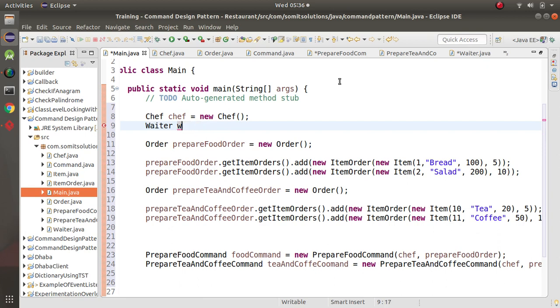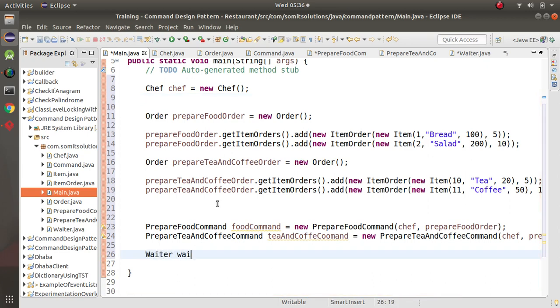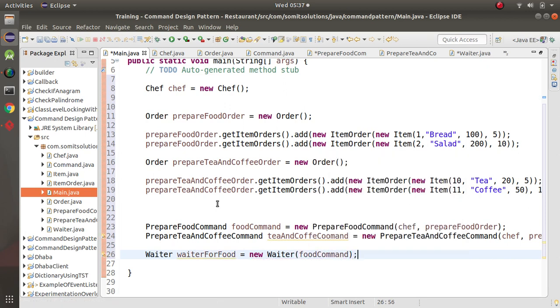So sorry, so we will have, let's get here. So we'll have two waiters. Waiter for food is equal to new waiter, with the food command, right? So we'll have food command for the waiter for food, and then we'll have